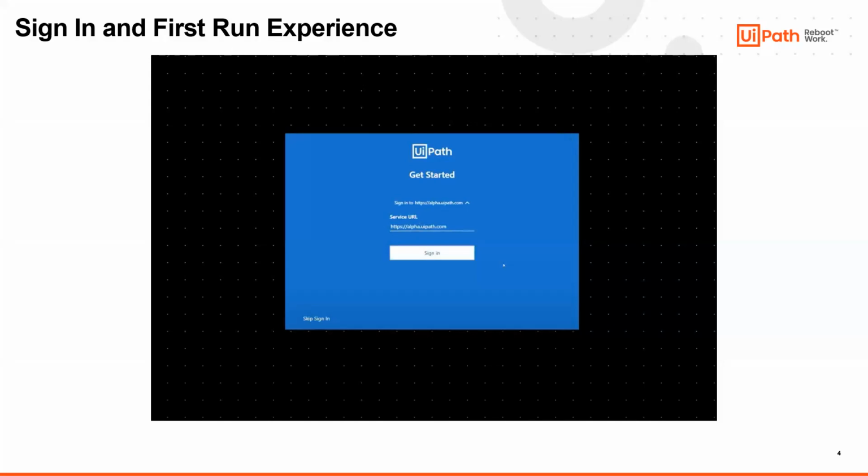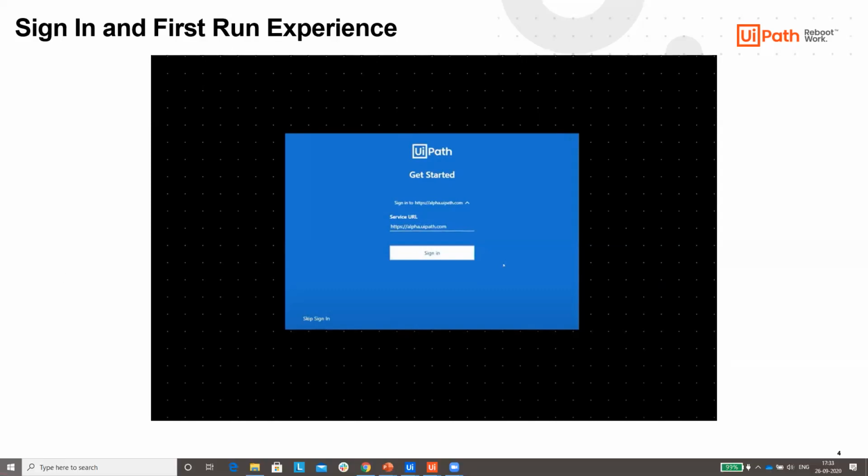So we have these two platforms. You might be familiar with cloud, but you might not be aware of alpha.uipath.com. Whenever our product team comes with a new update or a new publish, they will publish it to alpha.uipath.com initially, and then after certain testing, they will publish it to the community platform, which is cloud.uipath.com. So whatever the platform may be, you just give your service URL here and click on sign in. Once you click on sign in, let me show you.